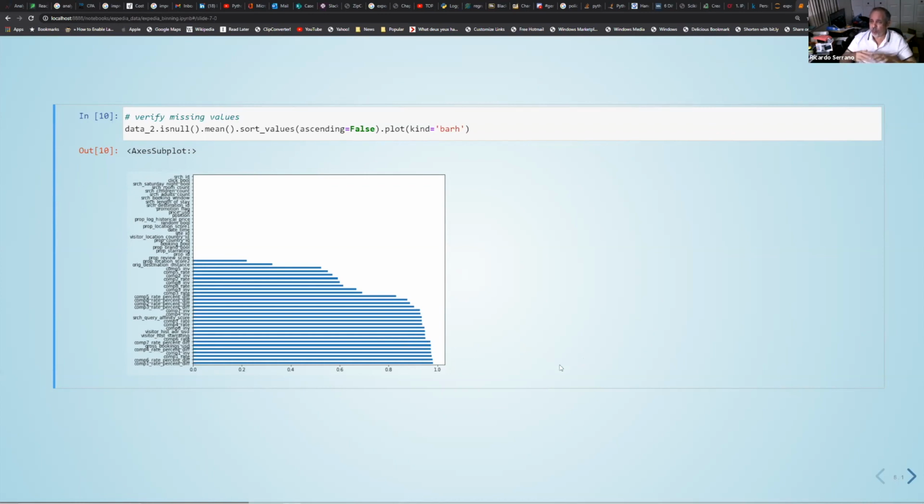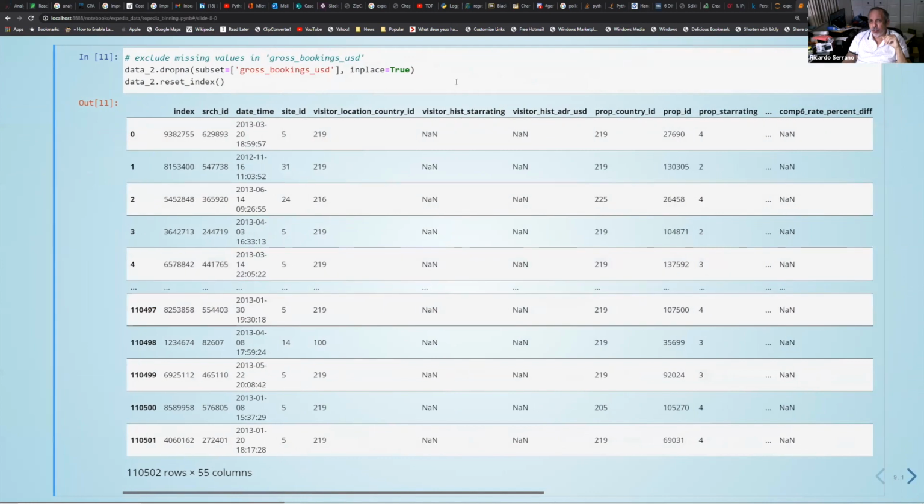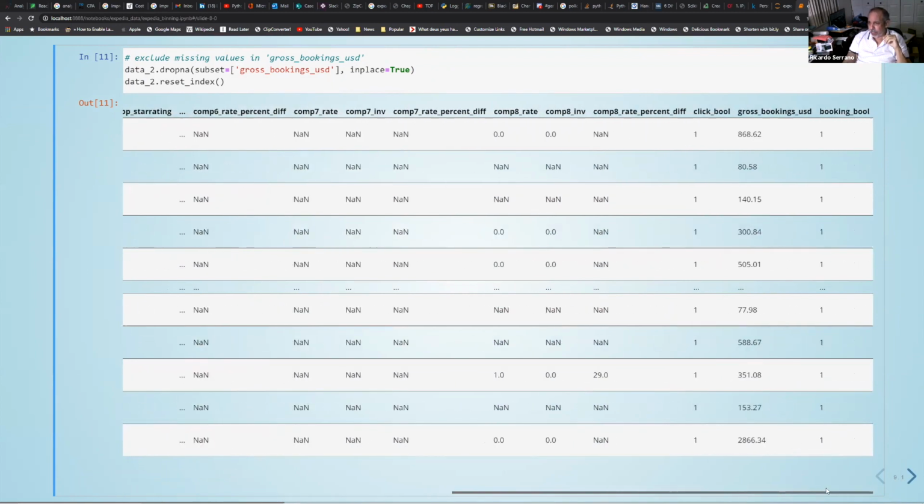But in this case, because we have a lot of data, we're going to drop those values. We're going to do the drop NA, subsetting for that feature, and then we're going to only use the numeric values. And as you can see, again with the heading of the data set, now we have values instead of the NaNs that were shown before. Now we can do our binning.